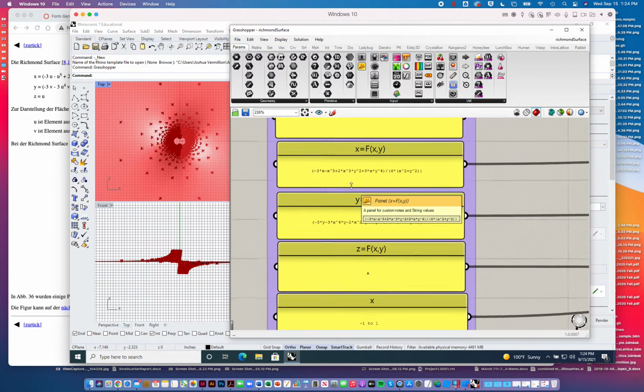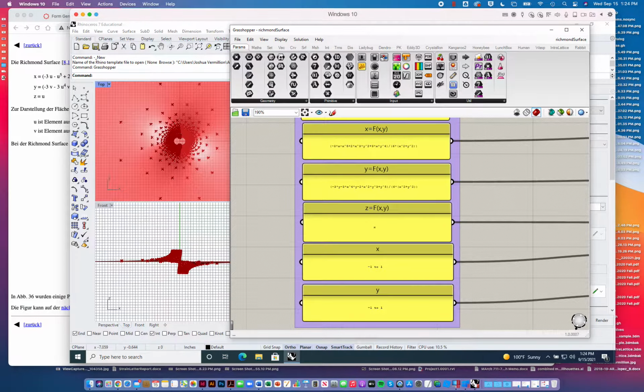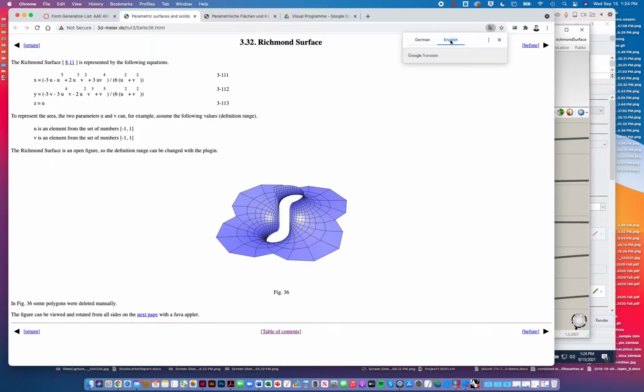All right, so here I have the minimum maximum. Again, you can see where I get that. You can always translate, at least my browser does, from German to English. The problem is sometimes it tries to translate something in the formula and screws it up. So if you're having a hard time understanding, to represent the area, 2 parameters, U and V can, for example, assume the following values in the definition range, U is an element from the set of numbers from negative 1 to 1, right? But then you probably want to go back to German,